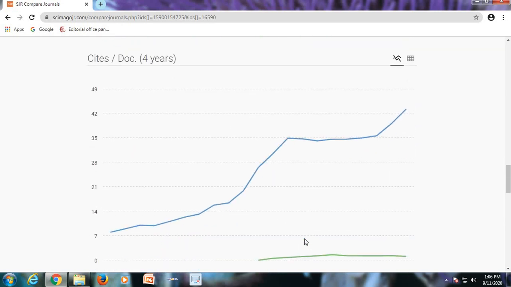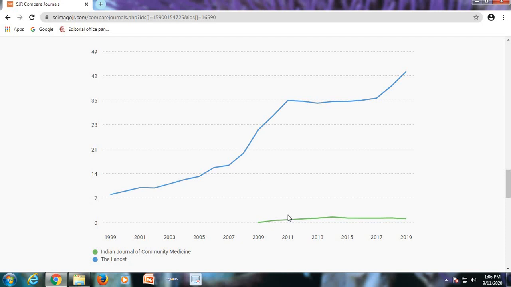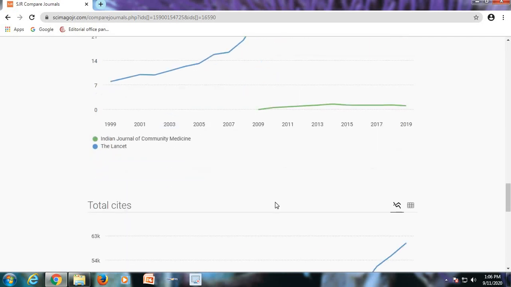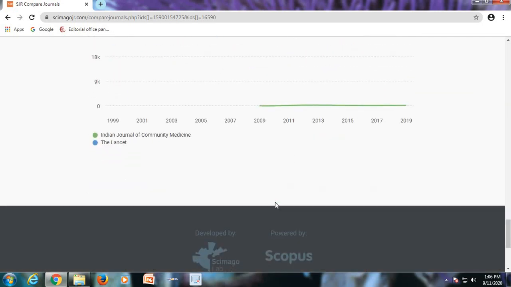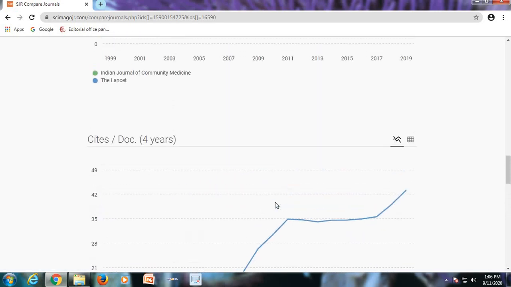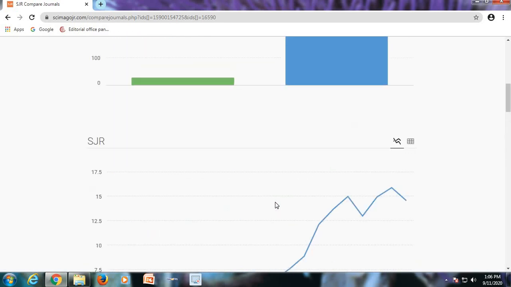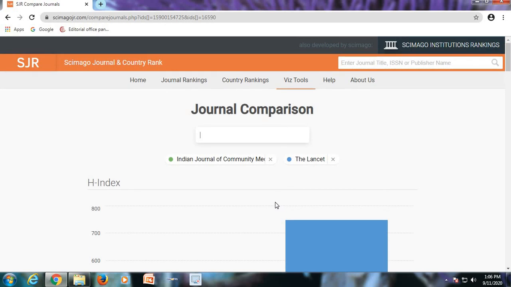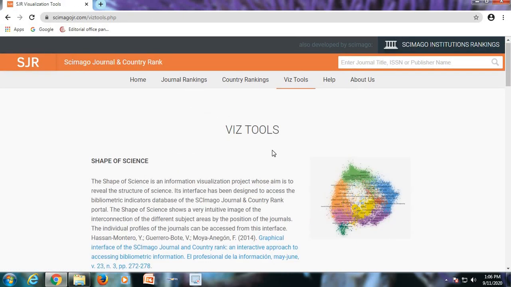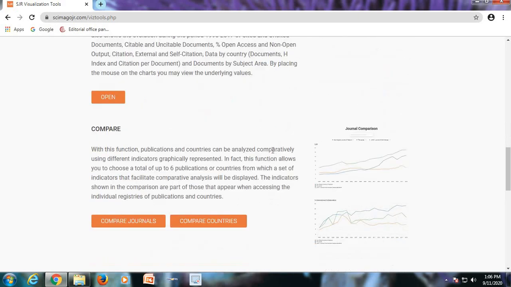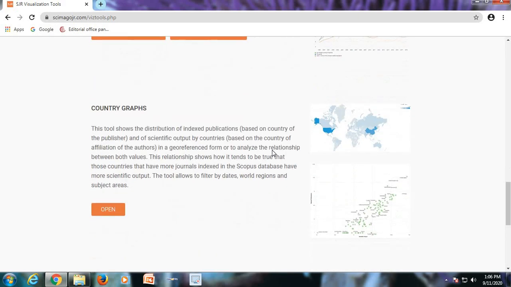And the cites per document for both the journals. Total cites. So that is how you can compare any number of journals about their reputation and prestige using this tool. So that is about the comparison tool.